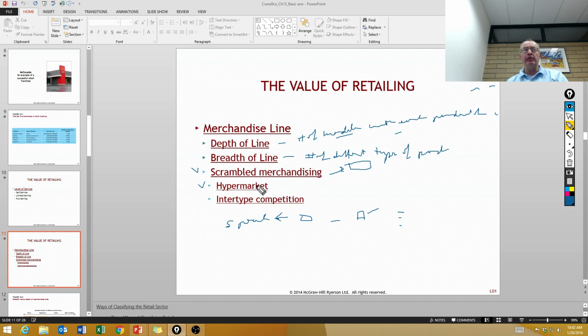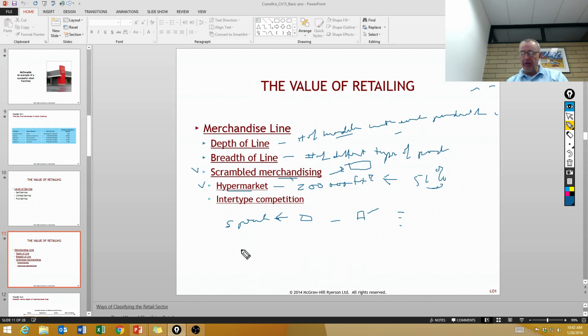And then there are hypermarkets. I don't think we have these in North America, but they're super large scrambled merchandisers. And when we say super large, they have 200,000 square feet plus. The big retailer that's categorized as a hypermarket is Carrefour in France. And Carrefour in France, the single store has about 51% of all market share in groceries.